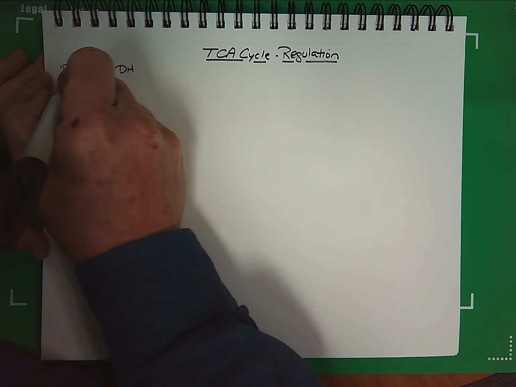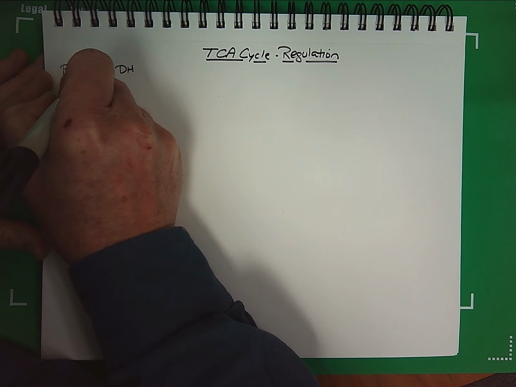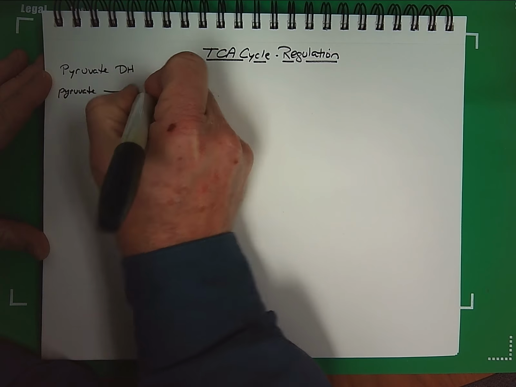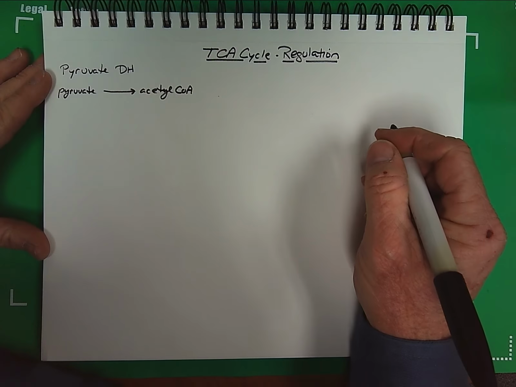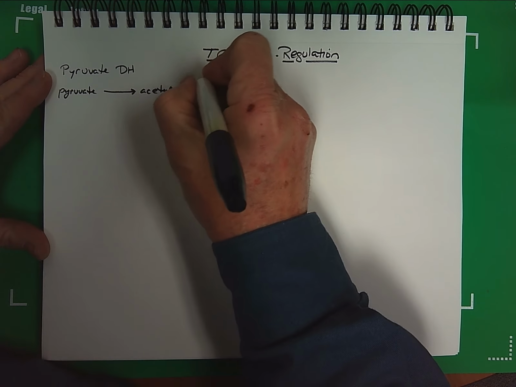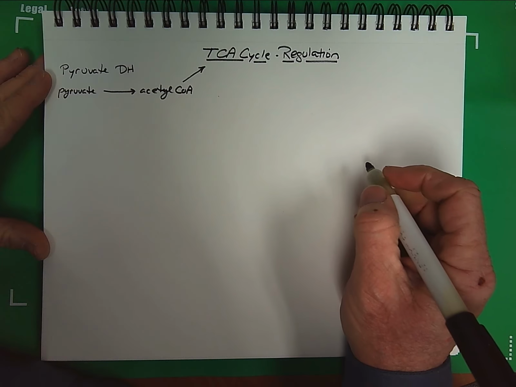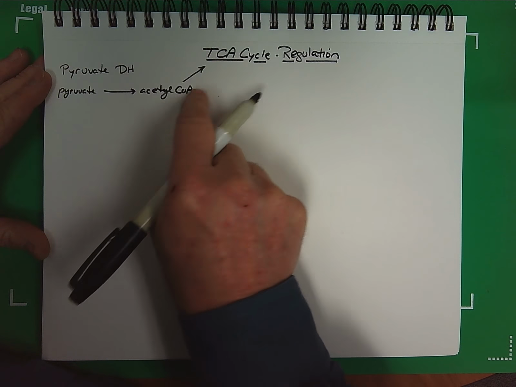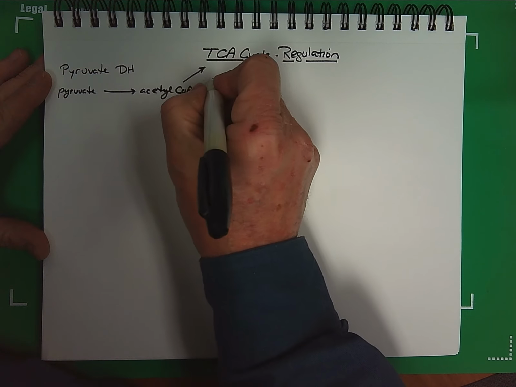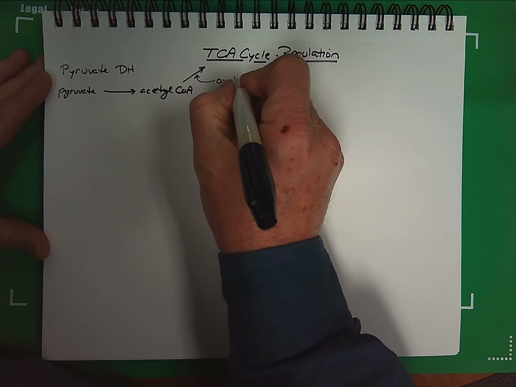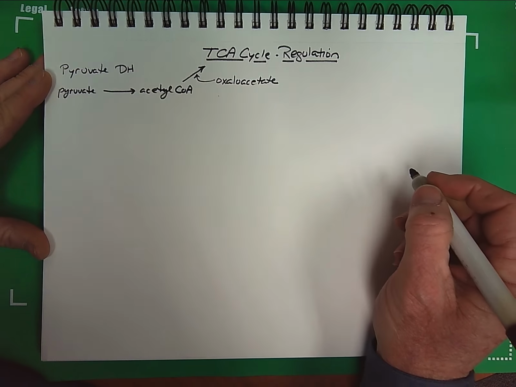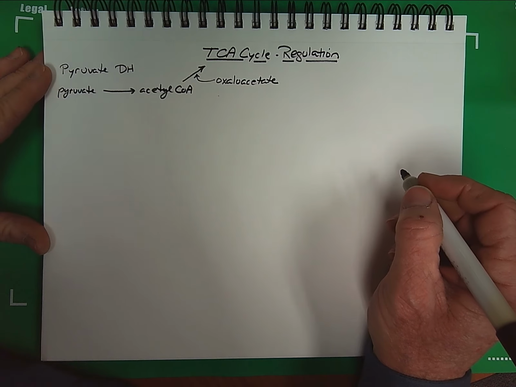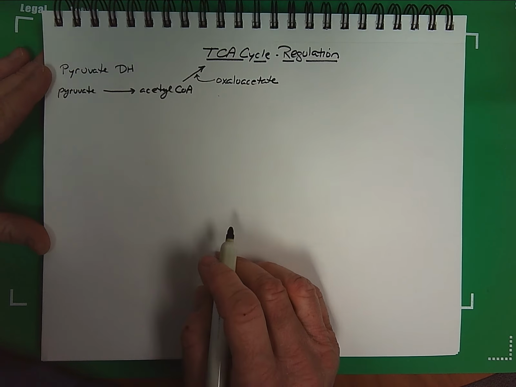And this enzyme is responsible, of course, for converting pyruvate into acetyl-CoA. The acetyl-CoA then can be introduced into the TCA cycle by a condensation reaction with oxaloacetate. Now this enzyme, pyruvate dehydrogenase, is an excellent point for regulation because it is involved in a very important reaction